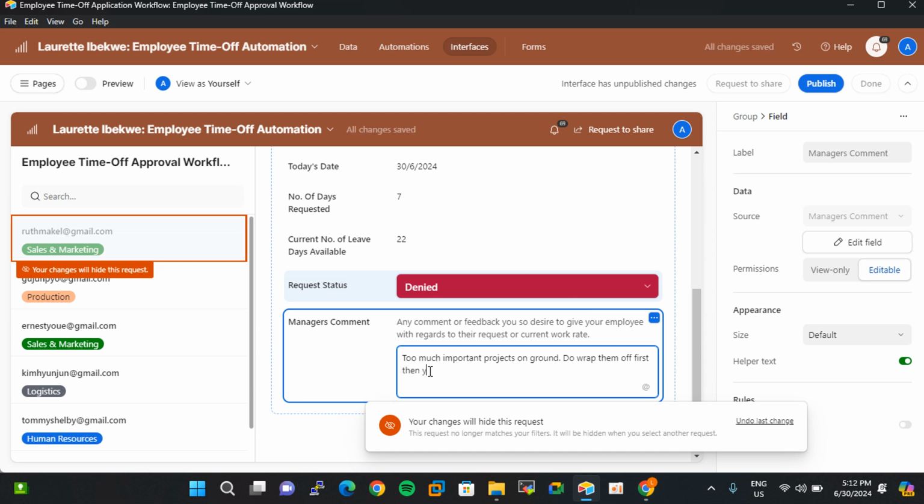Then apply again. You can be certain I'll approve it once the projects have been properly attended to. So yeah,